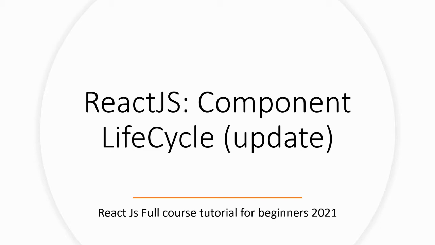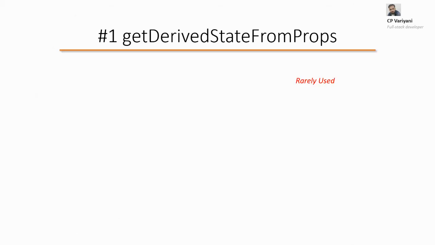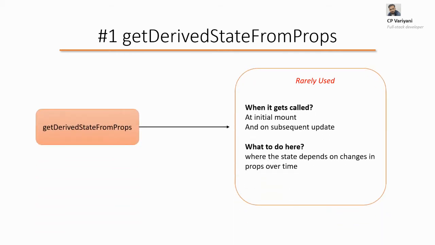And this is the second part of component lifecycle. In the first part, we have seen all the lifecycle methods which get executed when you're creating the components, when a component is first getting loaded. Now these are the methods which will come into the picture when your component gets updated. Whenever anything, the states, the props, anything, when you're updating in your component, then these methods will get executed.